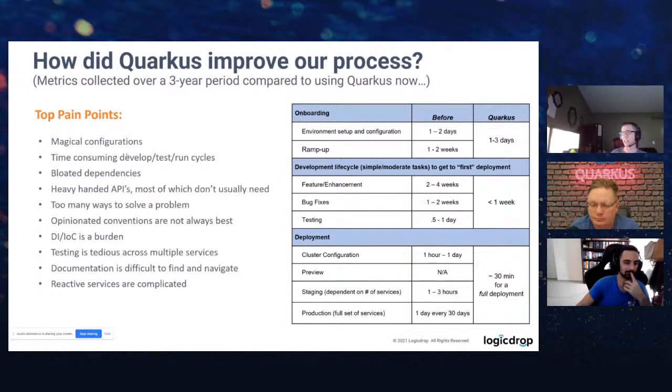The bloated dependencies, the time consuming tests, build, and Spring Boot run cycles, the opinionated conventions, which actually weren't always the best. And it got to a point where the whole concept of DI really started to become a burden for us, because we didn't trust the auto configuration, and we found ourselves writing a lot of boilerplate code just to get up and running with a basic service.